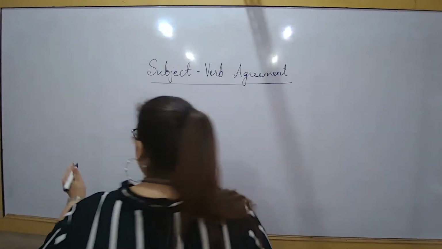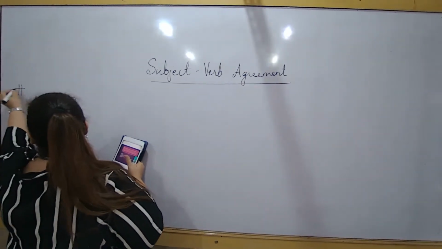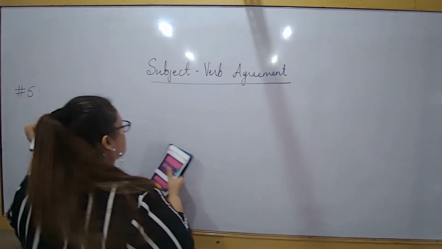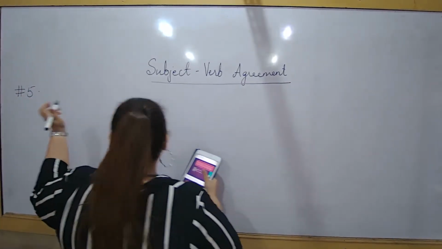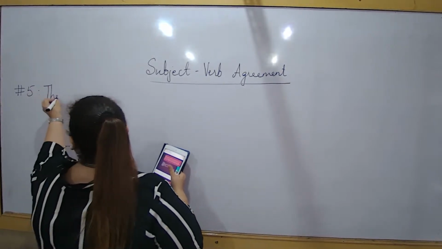Okay, write down the example for rule number 5. The politician